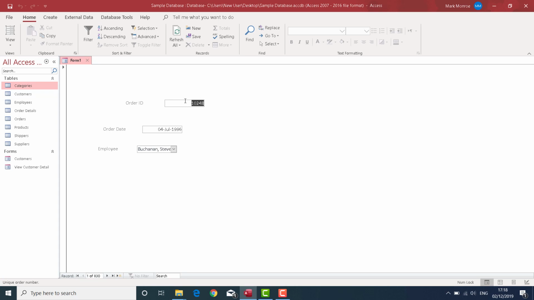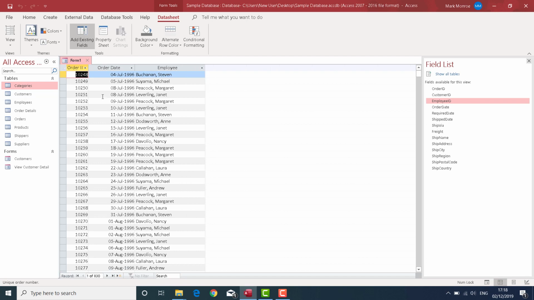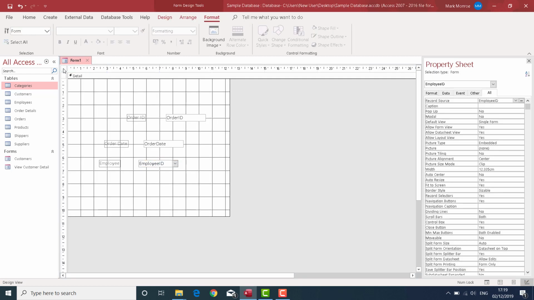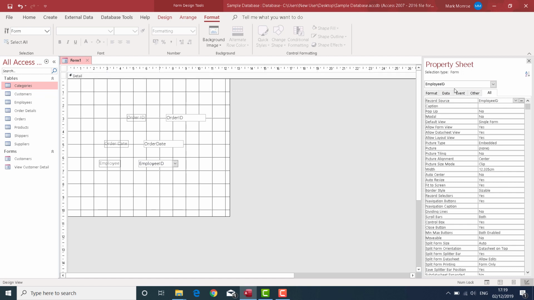Rather than show one record per screen, it'd be useful if we could view this in a data sheet view. In other words, like this, where we can see all of the orders that have been placed and the dates. Now, we want this to be displayed by default. So if we go back to our design view, bring up the properties, over here you'll see the properties for the form,